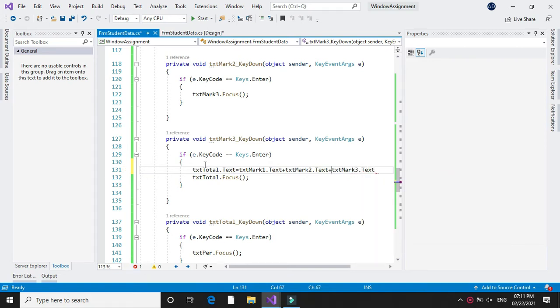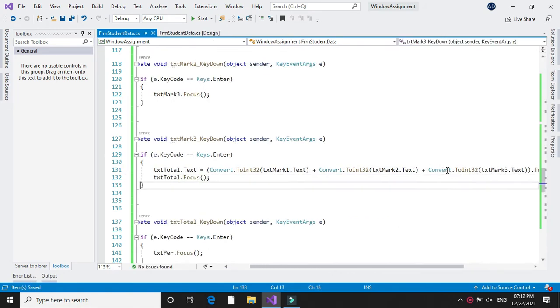Since the text box value is string, we have to convert it into integer. Convert.ToInt32 of the marks entered in text box 1. Then after calculating, we will set the focus to total.